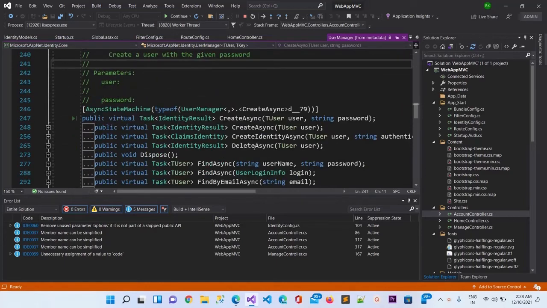So it will basically use the database mentioned in the config file and create that user inside the table. If there is nothing available right now in the database, then it will also create the complete database structure. Then it will save the data of the user inside the ASPNetUsers table. So we will see that.